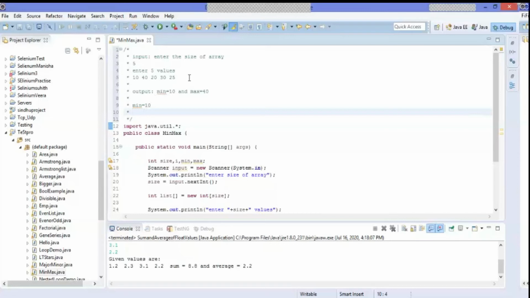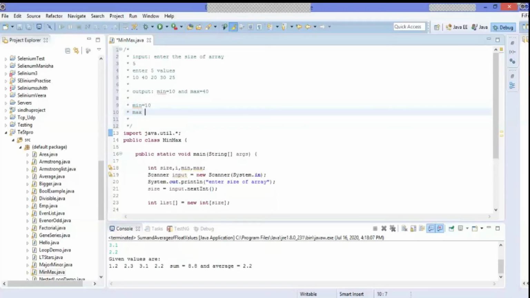No more values in the list. So that means our loop is terminated. So finally the minimum value will be 10 only. So first we are comparing with each and every value. If the value is smaller than the assumed minimum value, then we are replacing it, or otherwise we are just moving on in the loop. In the same way, we are also calculating max.